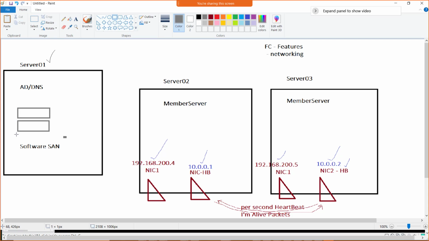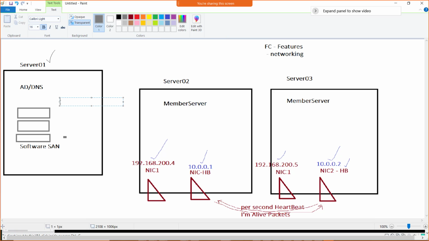We're going to format them locally with NTFS. So once these 3 disks are created or added to server 1, we're going to format them one by one, and then we're going to convert them to iSCSI disks. So convert to iSCSI. When we convert to iSCSI, the main benefit here is that if they are formatted